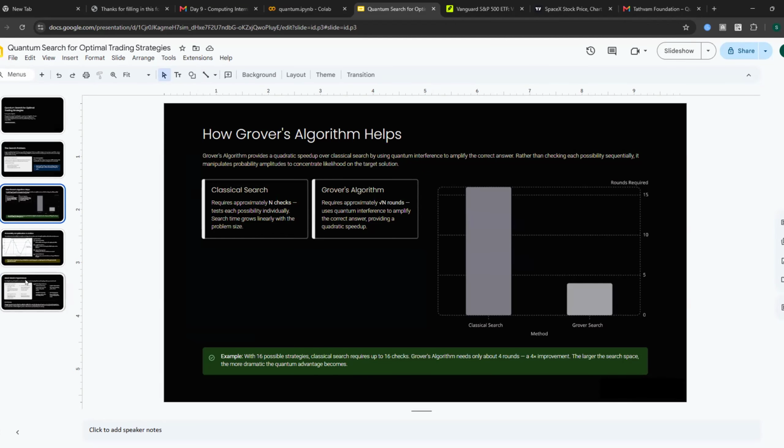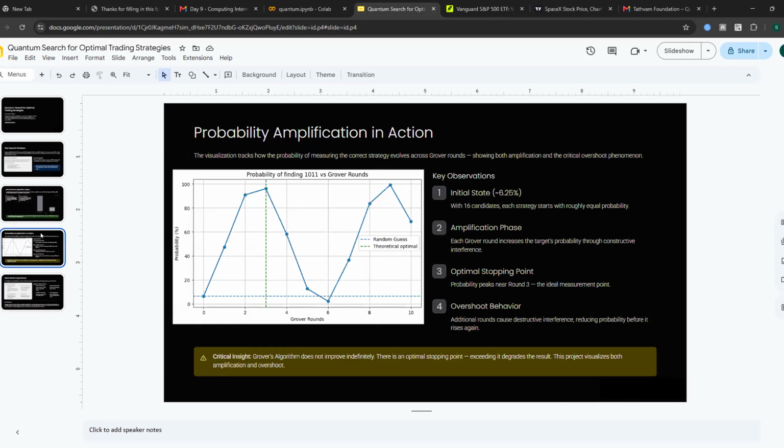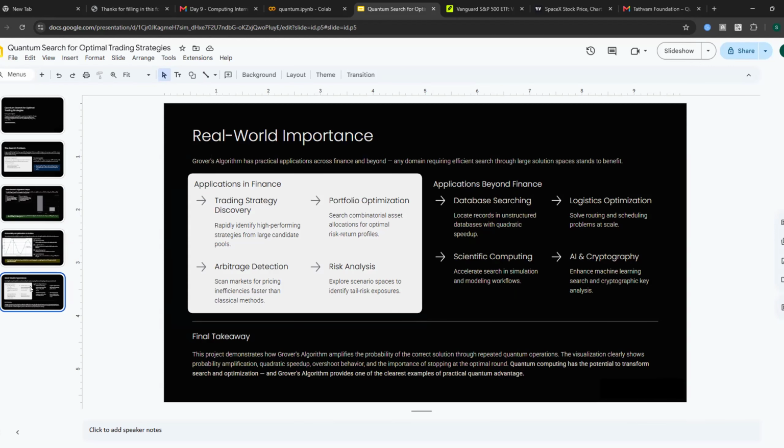And then for finance, to connect it to real finance more, I would simulate profitability scores and show how Grover's algorithm could find the best strategy faster than brute force. So I could compare using the standard computing model. And then the final takeaway I got from this project is that Grover's algorithm is not about just faster search. It's about having a more controlled application using quantum interference. And the thing where most people get it wrong is that they assume that the oracle